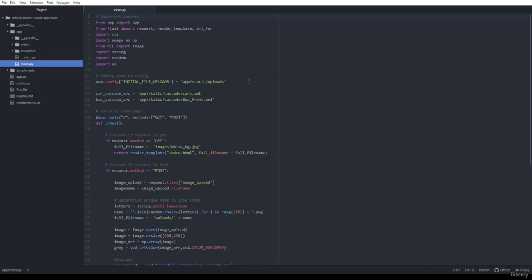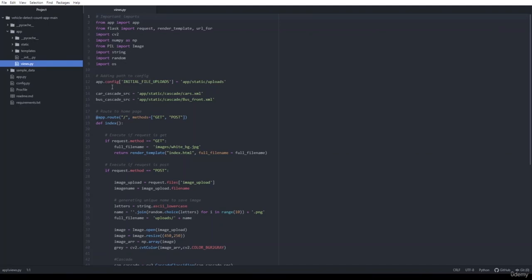So this is the views.py file. In the views.py file, you can see that I have imported some required libraries. We have imported app from app, we have imported request, render_template and url_for from Flask, we have imported cv2, which is OpenCV, computer vision, and imported NumPy, PIL, string, random, and os also.